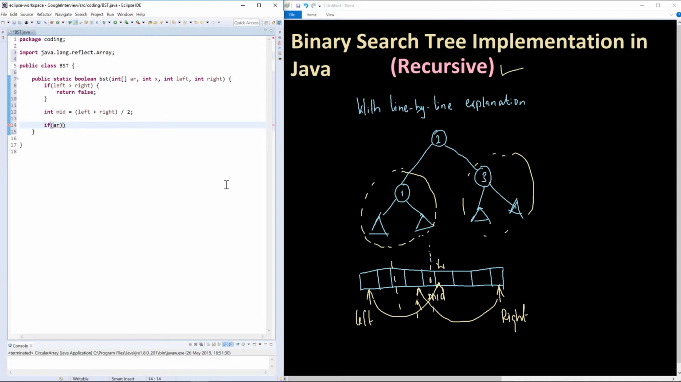If arr mid is the key we are looking for, then we are going to simply return true, because we found it. But if the midpoint is not the key, we can now either search the left or the right. So else, if the key is less than the element in the midpoint,